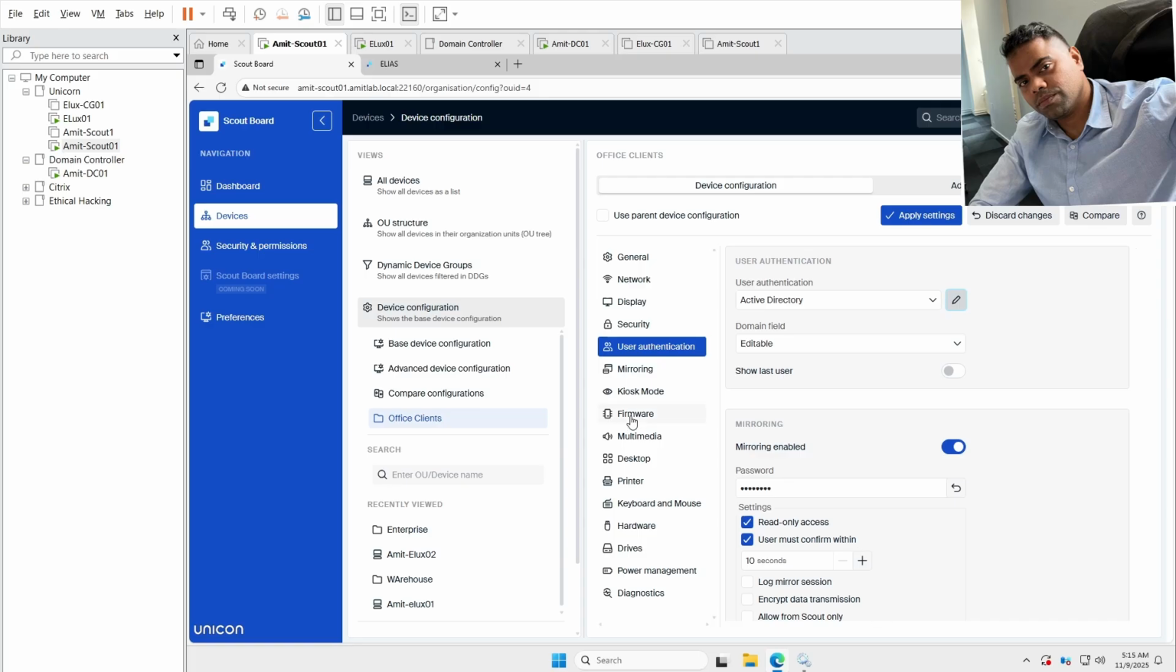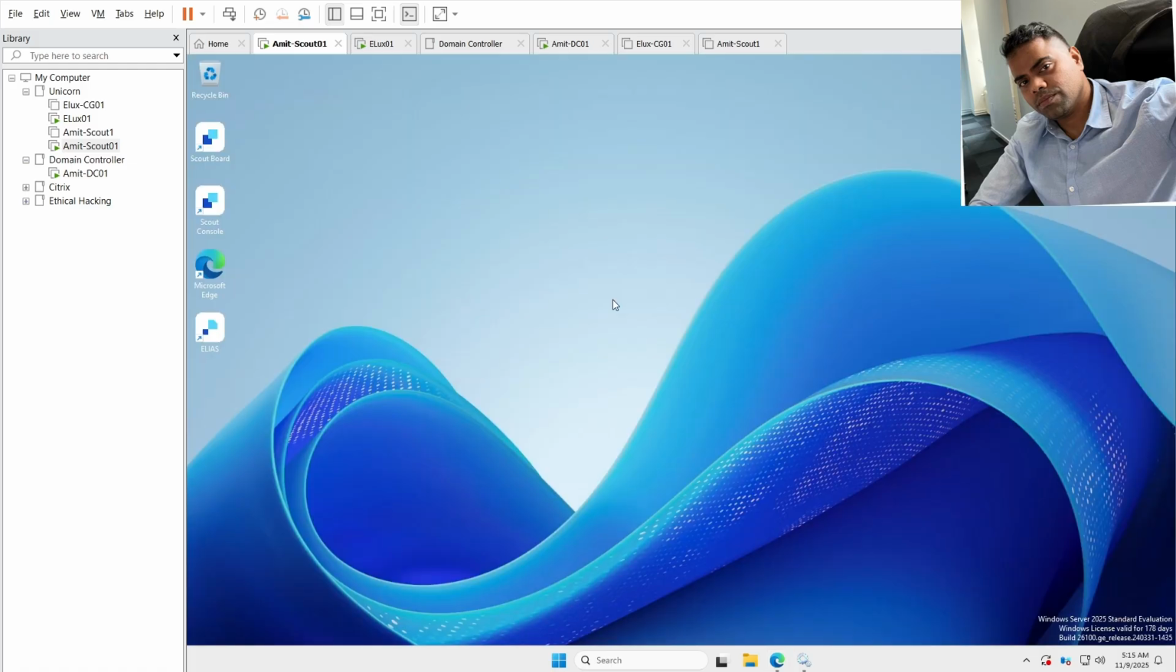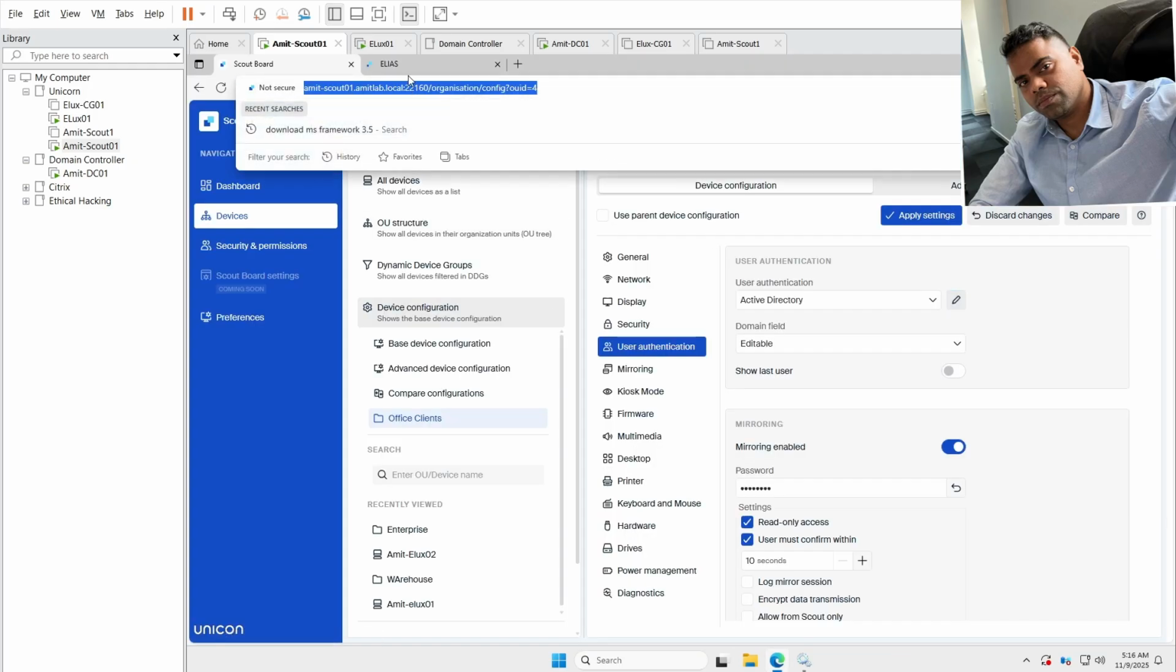To just start, what you need is a few machines in your environment. You would need one server where you will host the Scout console and Scout board, and I would recommend that you set up a dedicated server for Elias. But in the lab we have everything on one. You can see that I have built it on one